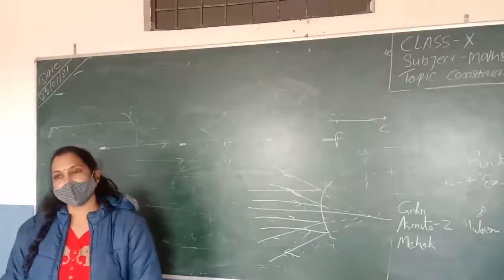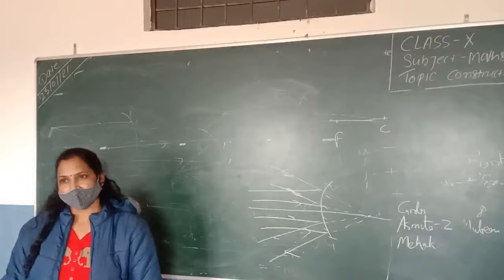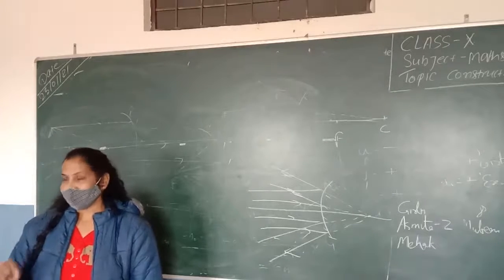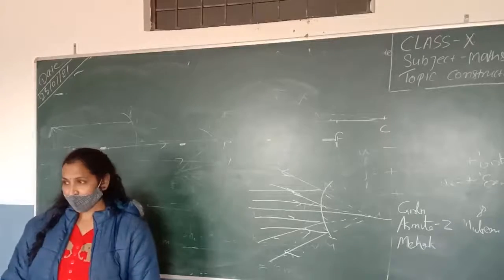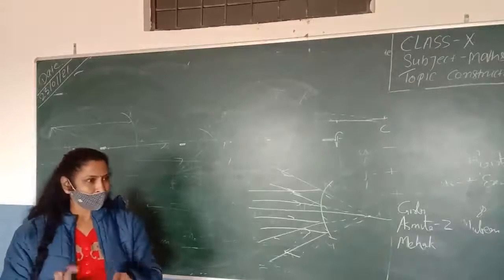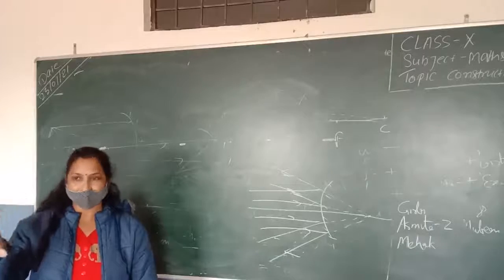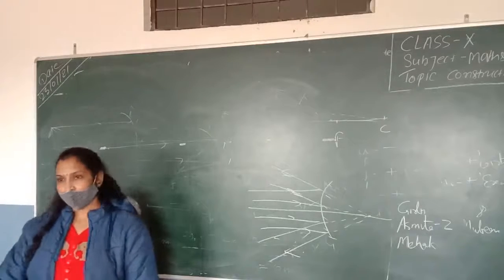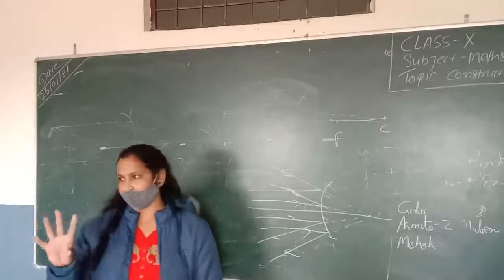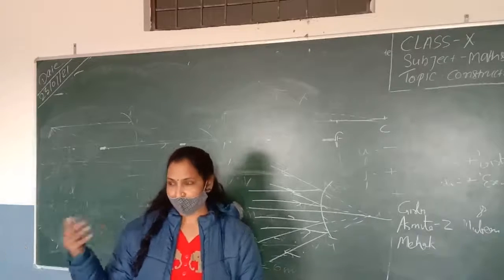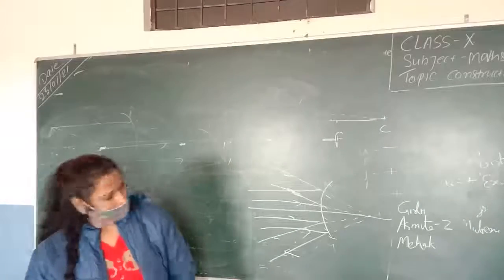Very good. And the middle portion is convex. Why are you saying it is a convex mirror? Because it makes the image smaller. Yes. Since we know that a convex mirror always forms a diminished image, if the middle portion of the mirror shows a diminished image, it means it has a convex mirror. And for the lower portion, the image formed by a plane mirror is always equal and the same size as the object. So it will be a plane mirror. Very good, Mehak.